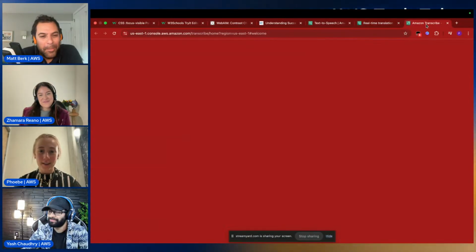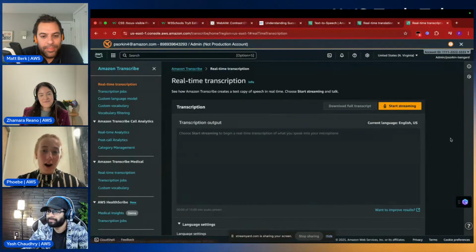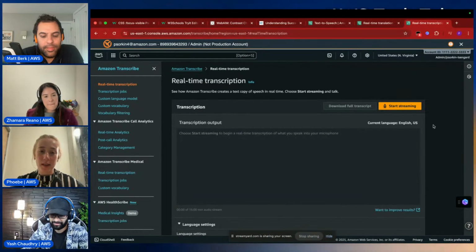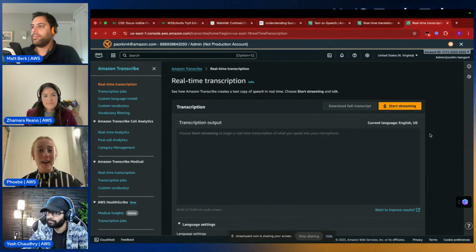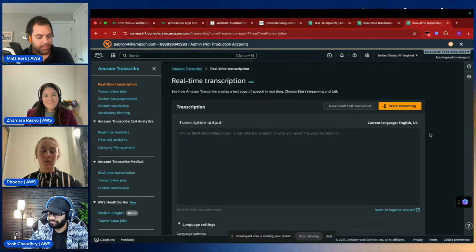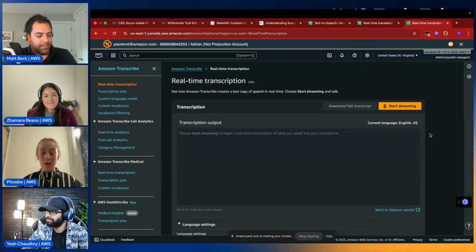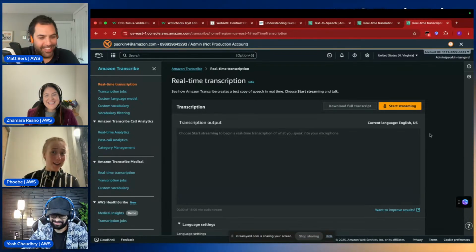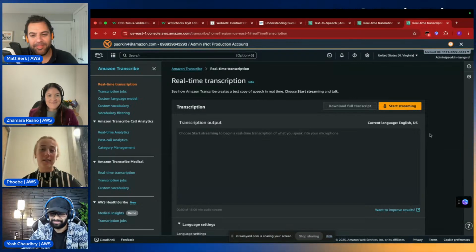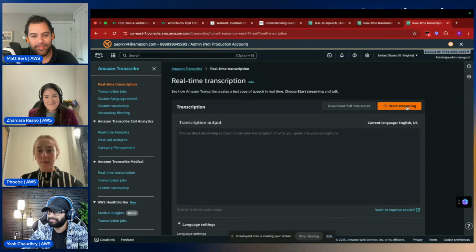And then finally, we have Transcribe. If you do have users that need transcription, I know definitely whenever I'm taking meetings, sometimes it's not the best audio, right? But Transcribe is one of those great services where it can transcribe that audio into text format and then further enhance that if you want to use Amazon Translate. Put it into Translate, and then you can convert that to any language that you would like. But let's go ahead and start the streaming.